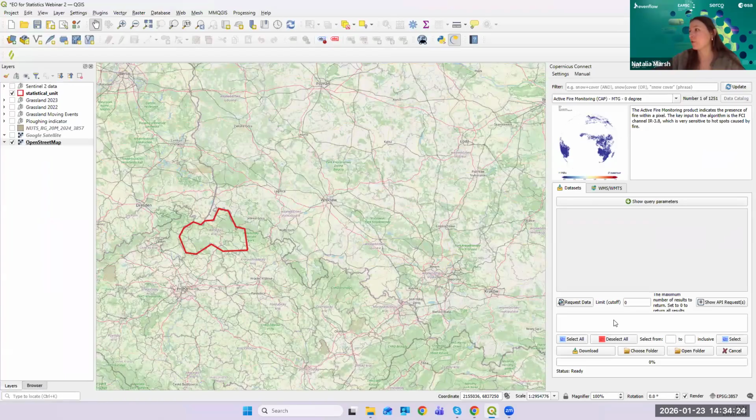So this is the interface of this plugin and what it basically does. Via this plugin, you can access all information from the Copernicus data space ecosystem, from all those 6 domains, like land monitoring, marine, atmosphere, and so on. To find those layers, you just need to enter keywords from the name of that layer, define the geographic area you want it to be visualized or downloaded for, and then